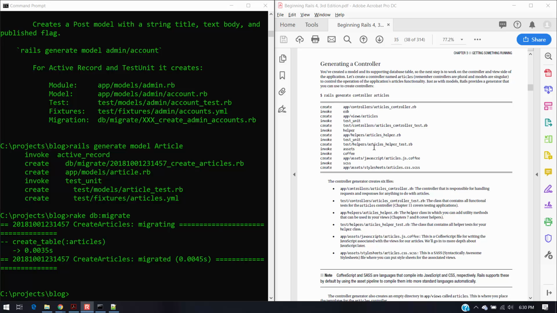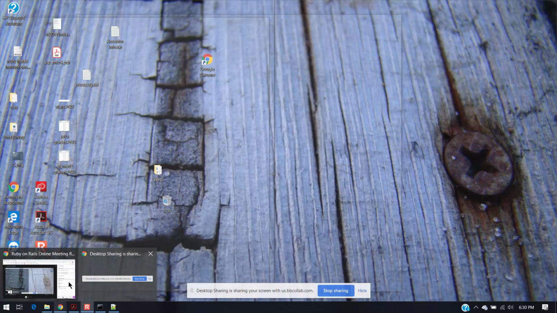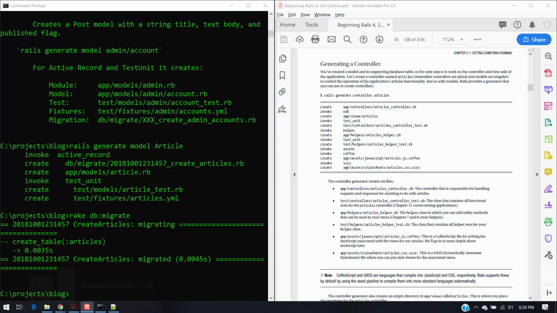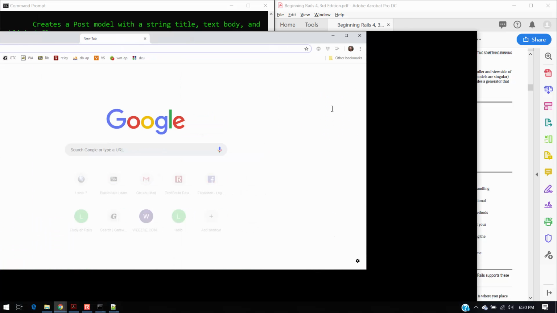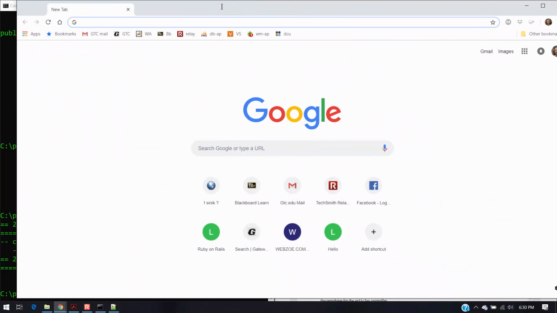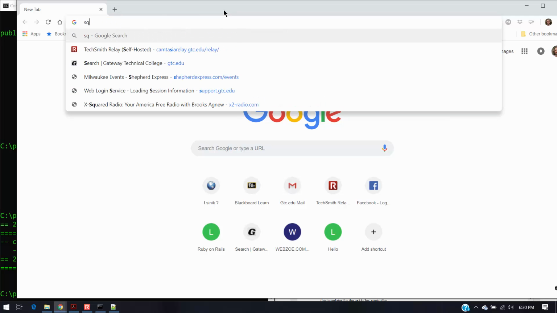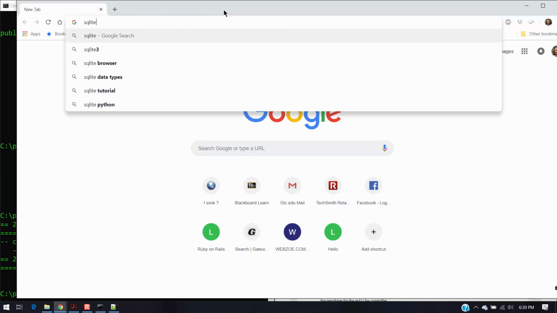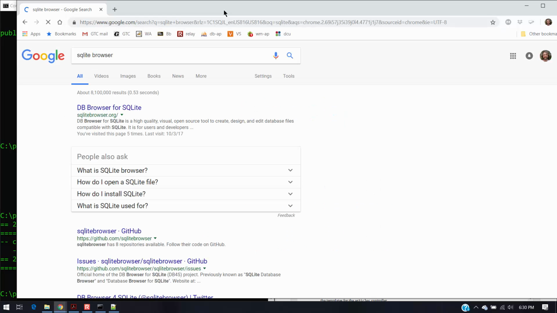All right, so as we come back from our break now, we're ready to move on to this next section about generating a controller. We were just having a little discussion about how you work with the database and how you get things, knowing that things are actually working correctly. And there is actually a database tool that I recommend for use in this class. And let me bring up a browser tab here and bring it over. And it's a tool that's called DB Browser. And it's a free piece of software